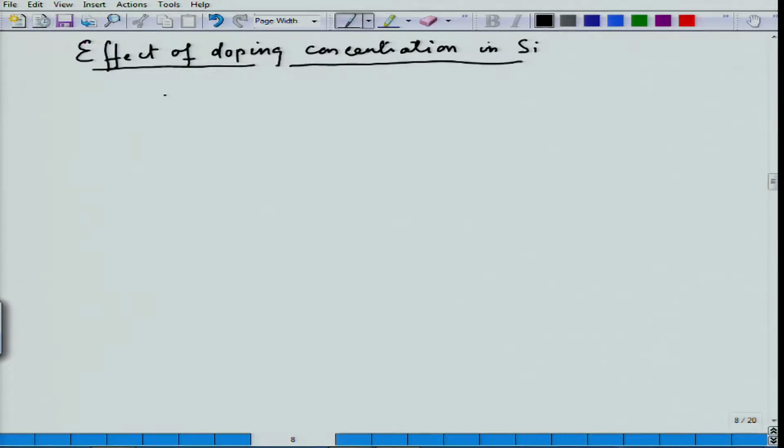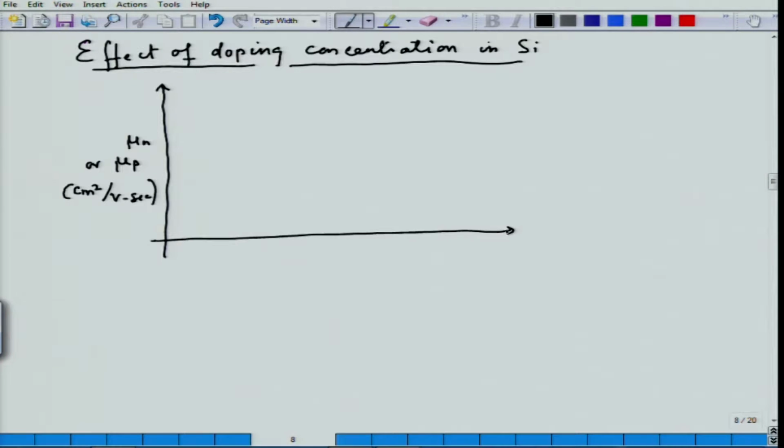And if I plot mobility of electrons or mobility of holes on the same scale, the unit being again centimeter square per volt second, and then I plot on the x scale the carrier concentration, dopant concentration,